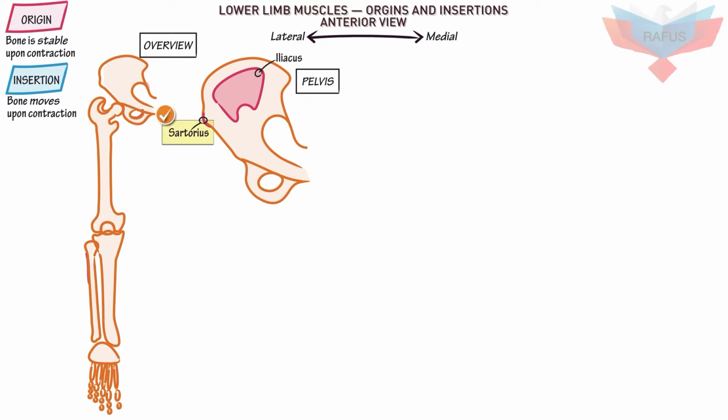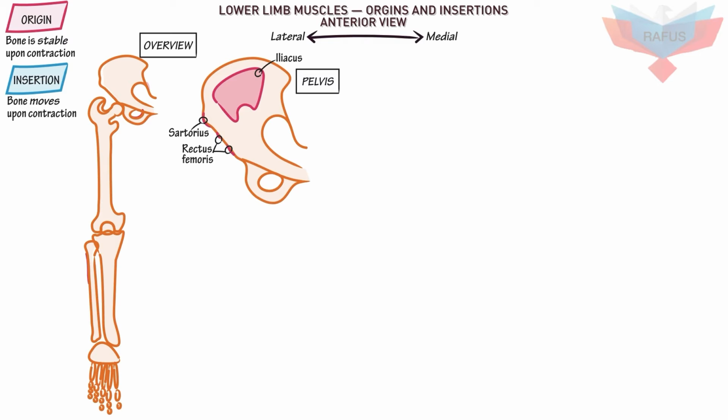Sartorius arises from the anterior superior iliac spine, ASIS, which you can feel when you palpate your coxal bones. Rectus femoris arises from the anterior inferior iliac spine, AIIS, and the posterior superior edge of the